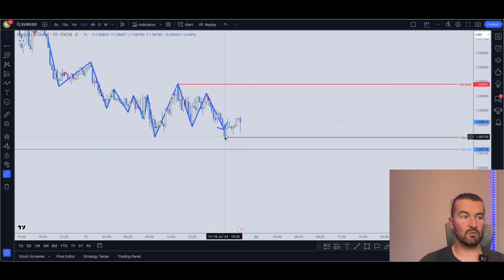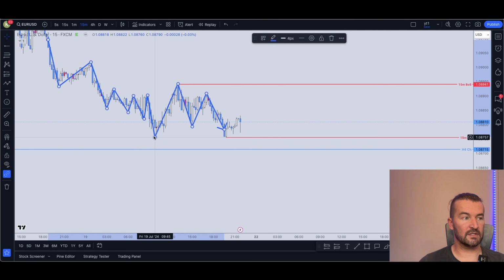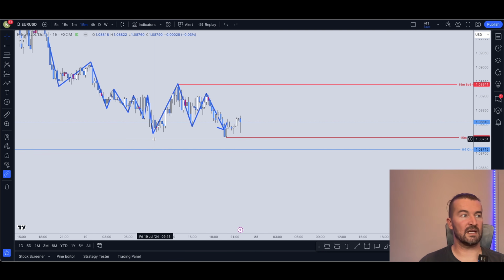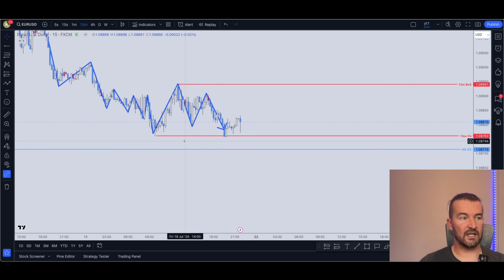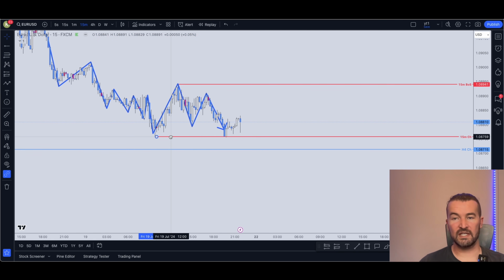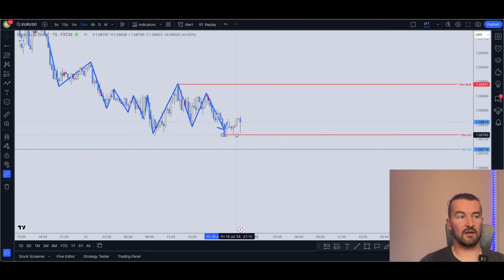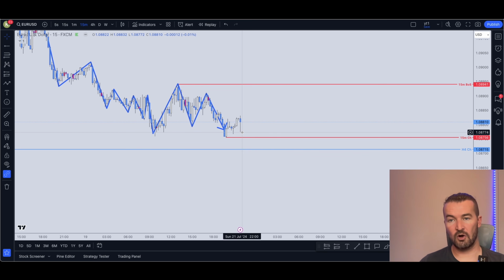So in this instance, what we had was an equal low. So if we come to here and we check up here, it says 1.08760, and then we get to this blue candle here, and it's exactly the same. And then we actually have a lower low with this white candle, but it's only with a wick. So all we do is, we had CHOCH over there, and because we didn't get a body break below, and we ended up just getting a wick break, we just move our CHOCH along,